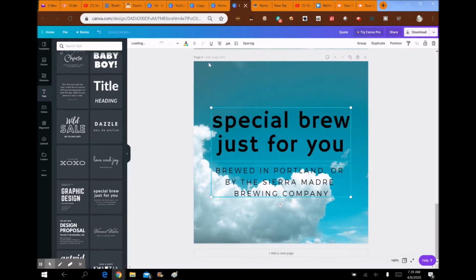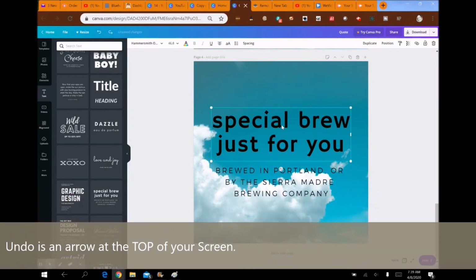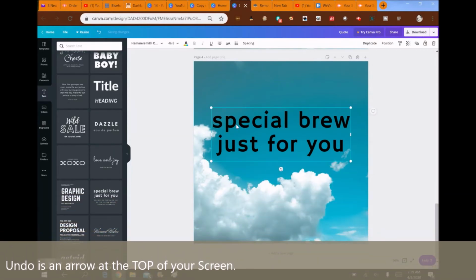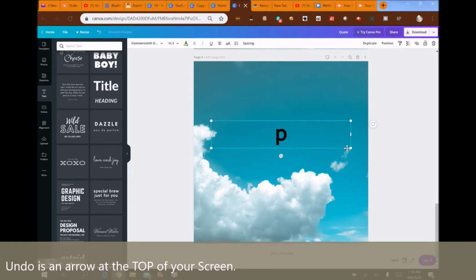Okay, so let me ungroup. And let me get rid of, as soon as it's done loading, I'll get rid of this. Whoops. If I make a mistake, I just do undo. Let me get rid of this because that's too small. But I do like this type of font, and I'll say,